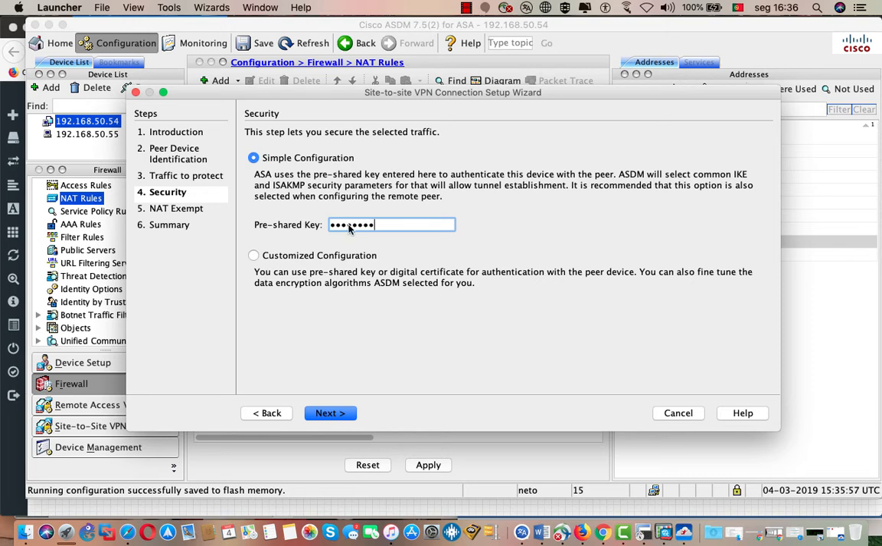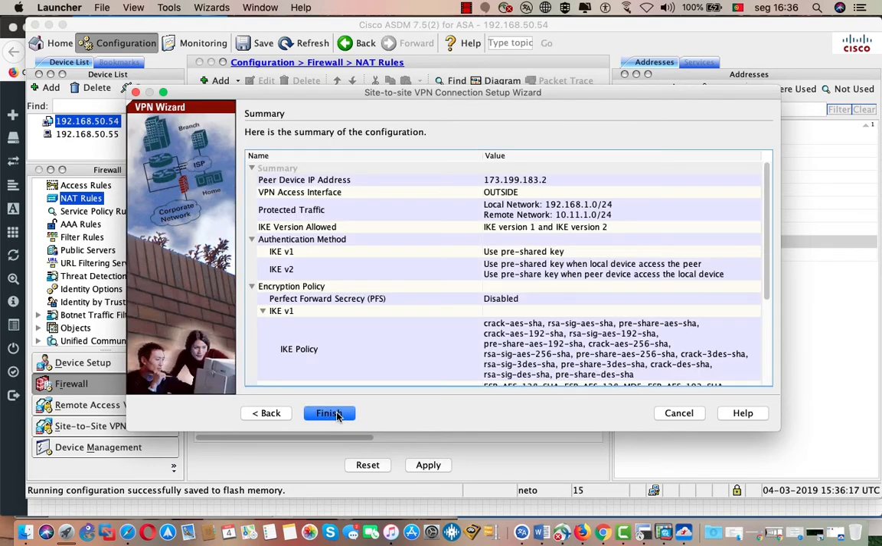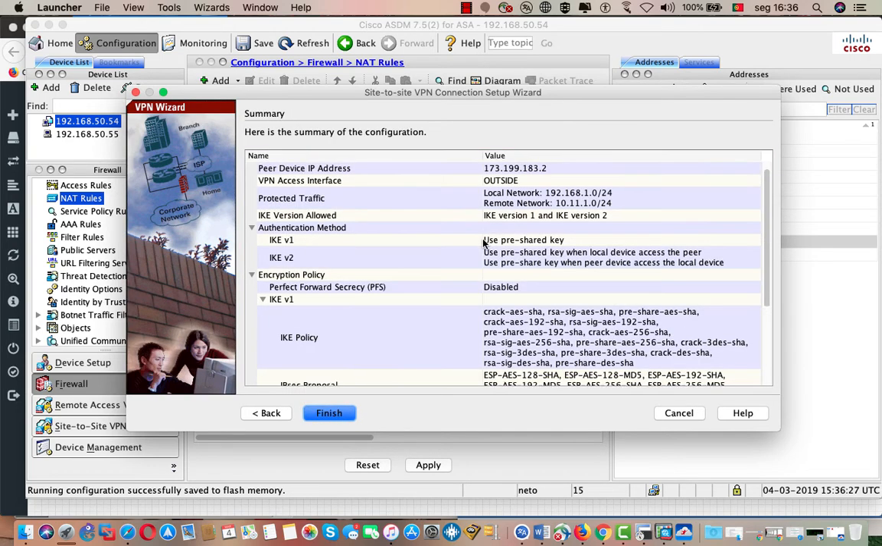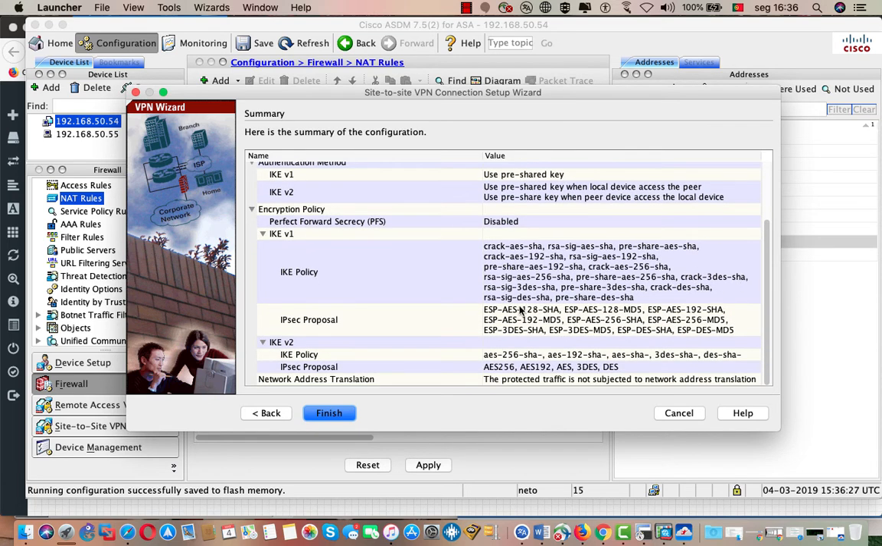Then next, this step always allows you to exempt the local network address from network address translation. Example, as a site host network from the area. All right, accept this option. Oh, it's too slow. Then next. So this is for ASA to ASA. Then we will let all the